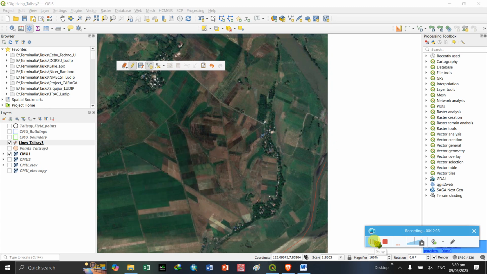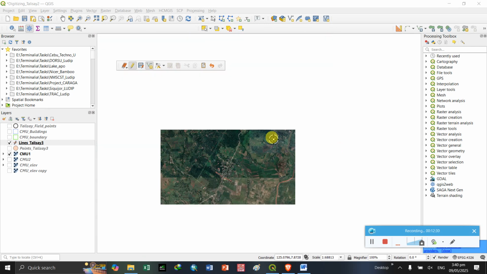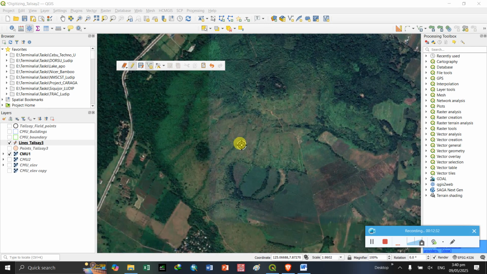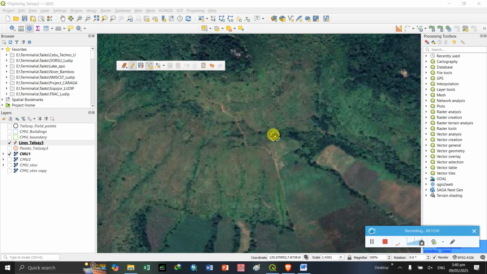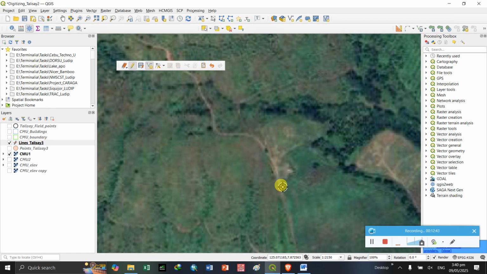Okay, and then I want to represent some of the trails within Sumpit. Okay, so this is the trails, some features of the trails. Okay, trails.